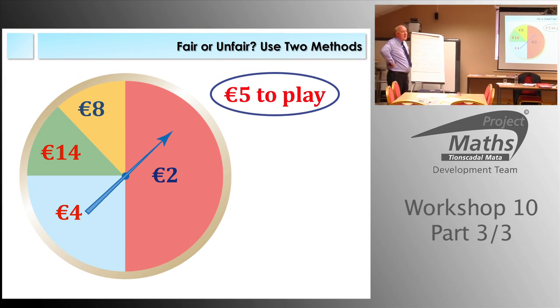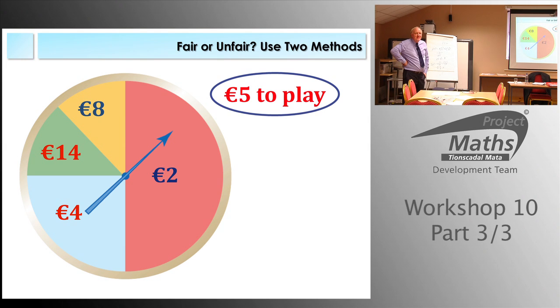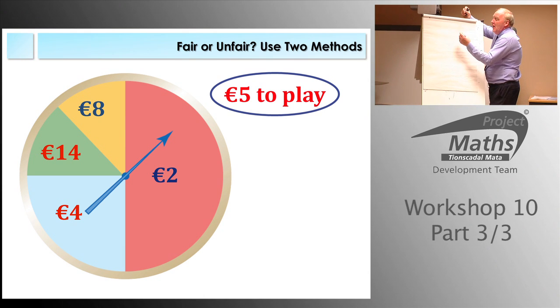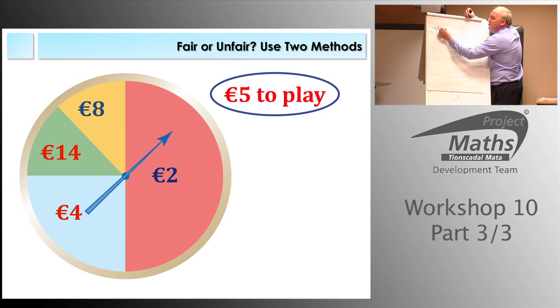If you looked at it as it's there, what would you be saying? Not really, yeah? No. So I'll just look at it in one way for you. If I land on, say, 2 euros, I'm going to be down 3, and I have a 1 in 2 chance for that. If I land on 4 euros, I'm going to be down 1, and I have a 1 in 4 chance of landing there. If I land on 14 euros, I'm going to be plus 9, isn't it? And I have a 1 in 8 chance of landing there. And if it lands on 8 euros, I'm going to be plus 3, and I have a 1 in